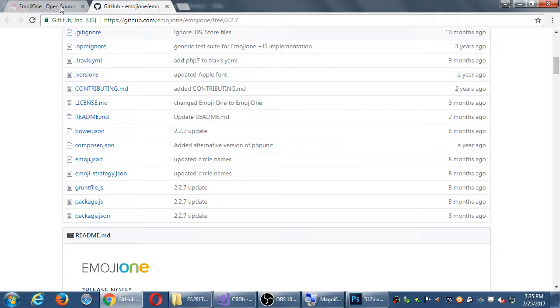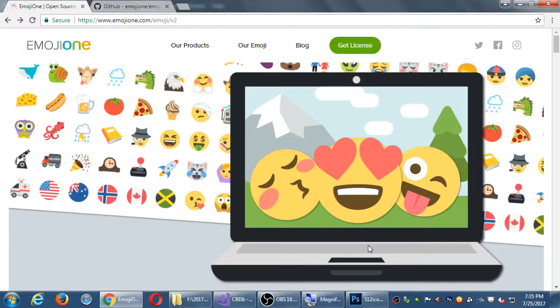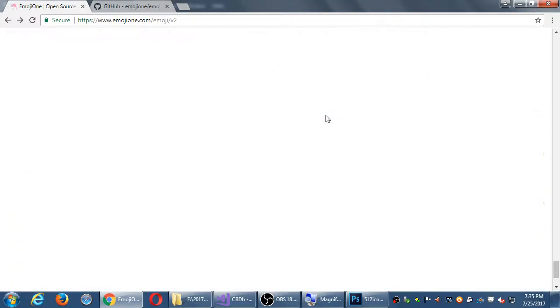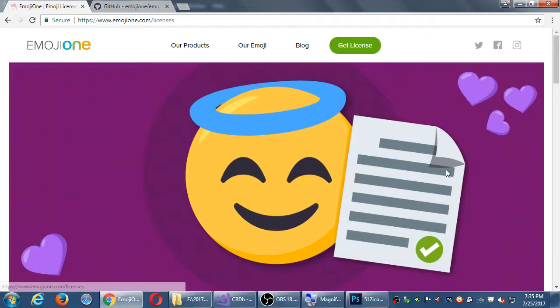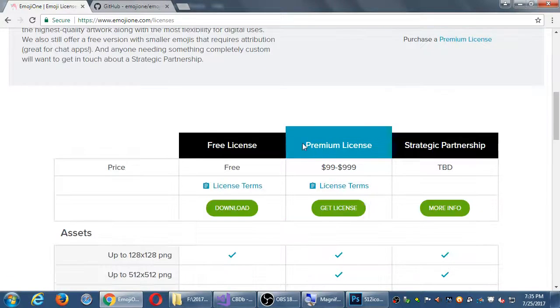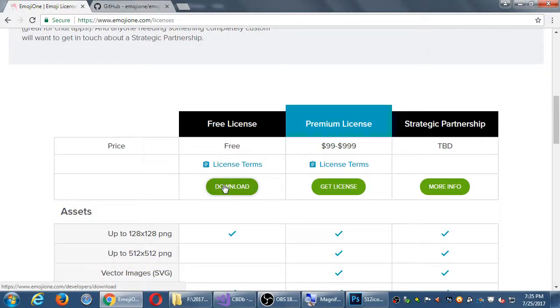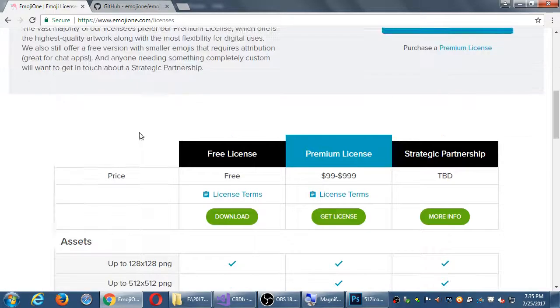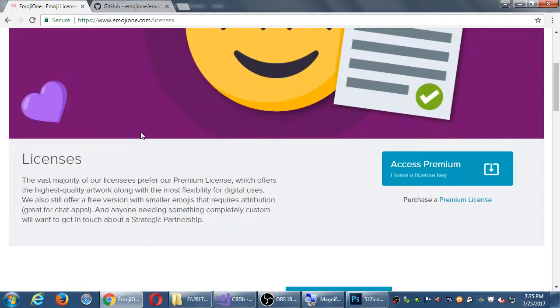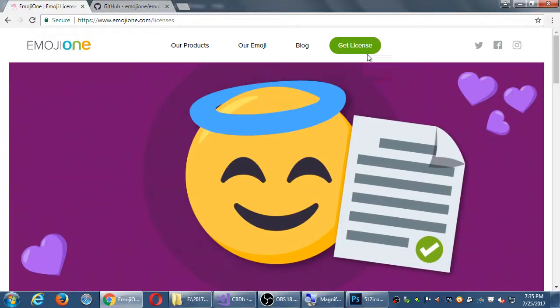I thought there was a space also on the website. I remember on the website there was a button to click to download the file. They might have moved it around. The very bottom of the screen. Get license. Download. Oh, okay. You can do it that way. So it looks like if you click on the Get License button,